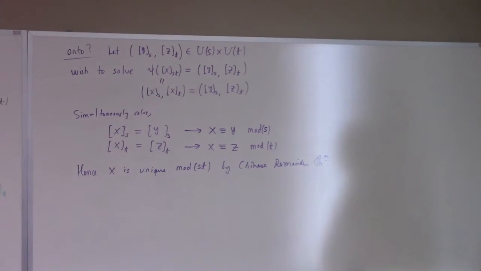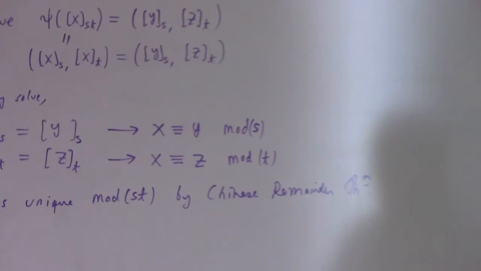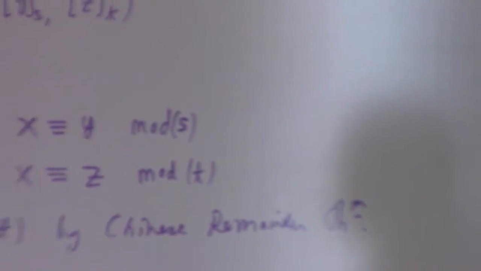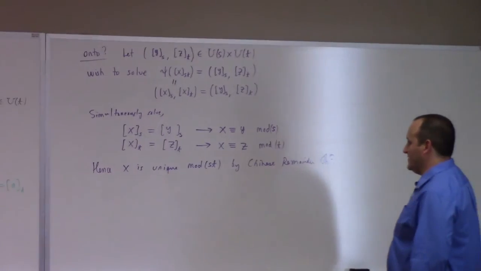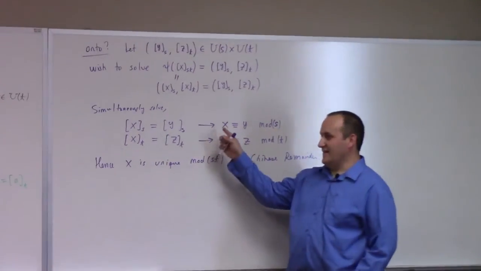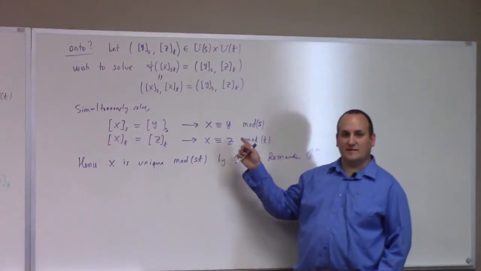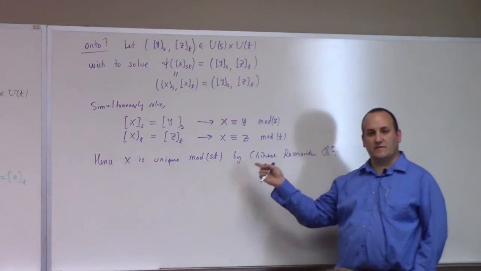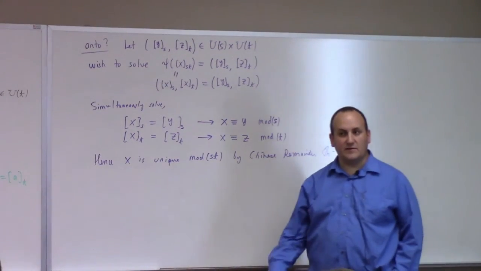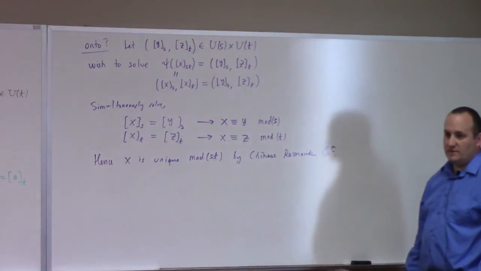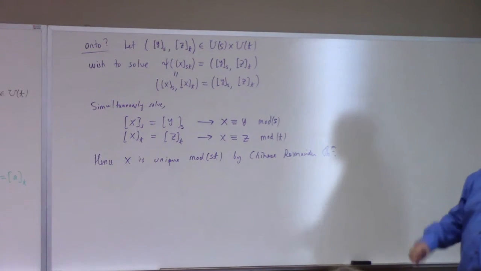So that shows it's onto. And I think we accidentally showed it's one-to-one, because there's only one x which maps to y, z by the uniqueness of the solution in the Chinese remainder theorem. Consequently, it's a bijection. Consequently, that's an isomorphism. Right? You're like,